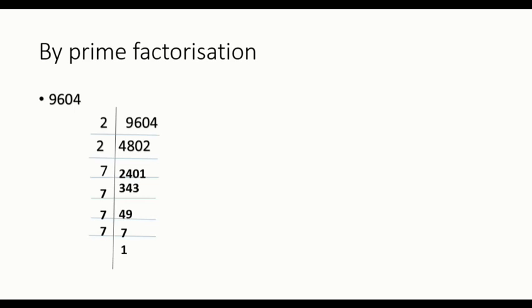So students, do you remember one thing? As we used to find the LCM in the primary classes, we used to end up at 1. Similarly, here also in the prime factorization method, you will end up at 1. Now further, as you can see in the leftmost column, it's written 2 into 2 and 4 times 7 we have. So we can write 9604 as 2 into 2 into 7 four times. We will group similar numbers into pairs of 2.